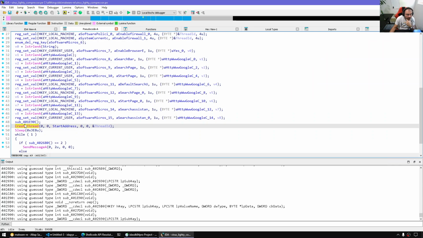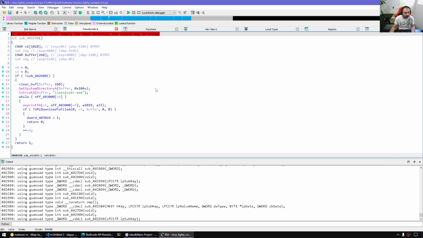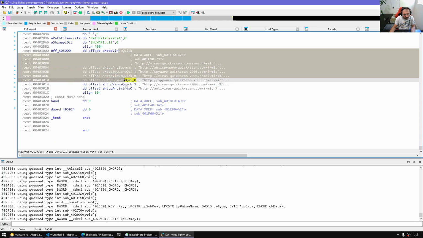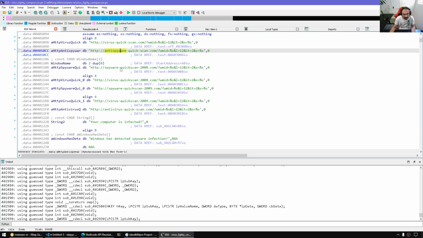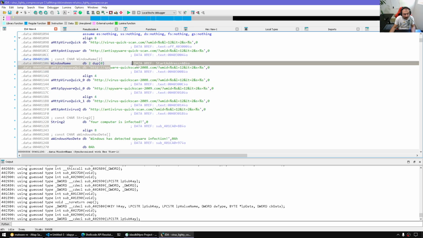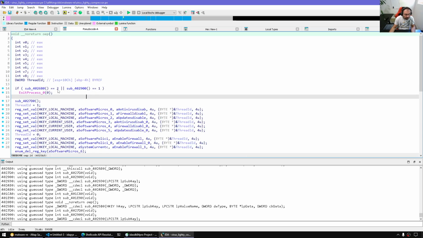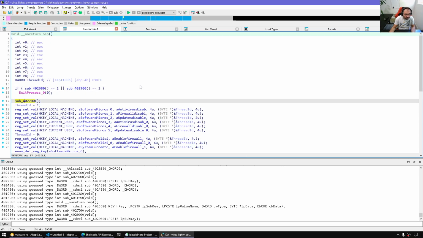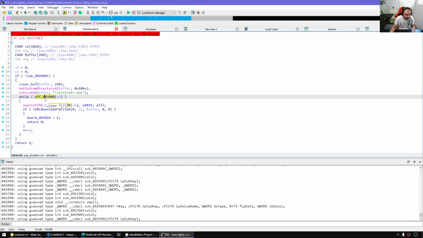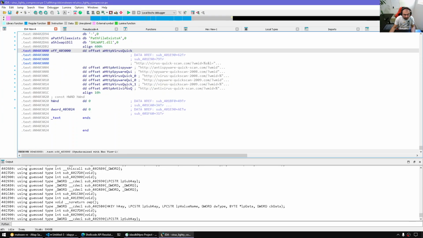Set val, create thread. Before we create the thread here, get system directory. Okay, so it's gonna get the system directory. Then they're gonna go over an array of locations where they will retrieve the payload. So they have a bunch of payloads here, not payloads but sources. In case one of the sites go down, they have another source. So they have a bunch of alternatives,